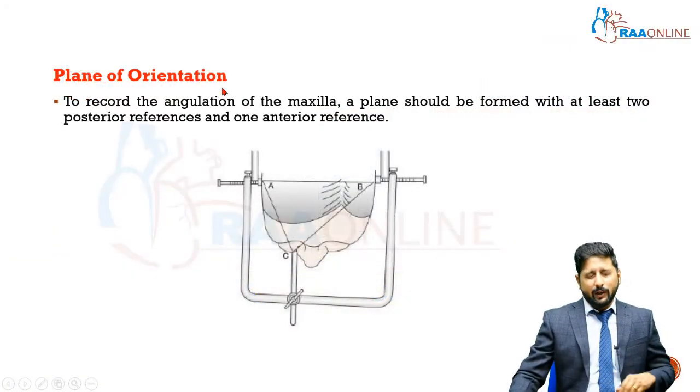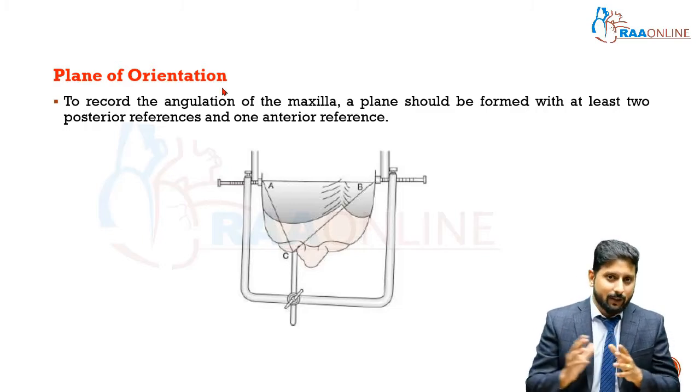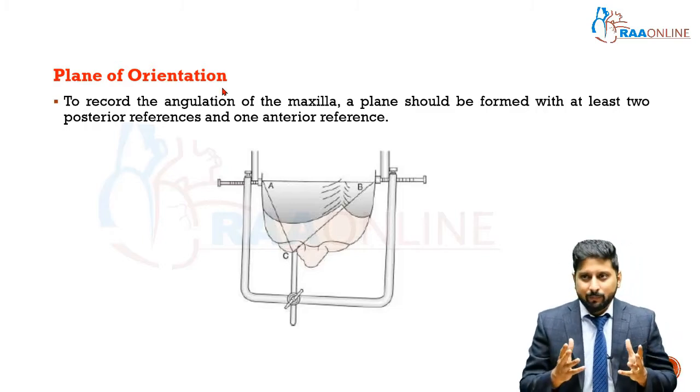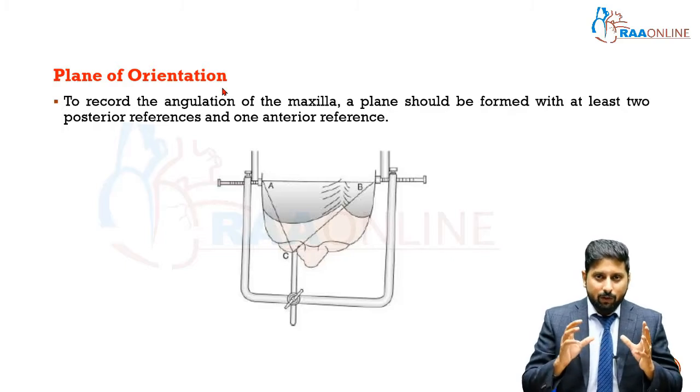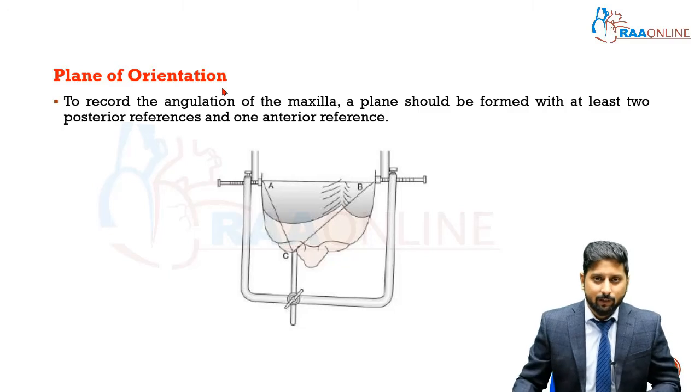So what is this plane of orientation? How do we record this orientation of the maxilla? It sounds very confusing, right? Simple. Any object, if you want to record its spatial orientation, the tilt and position, everything, you need to have